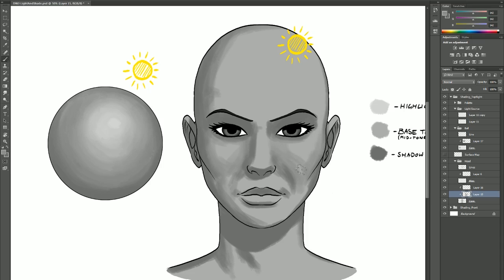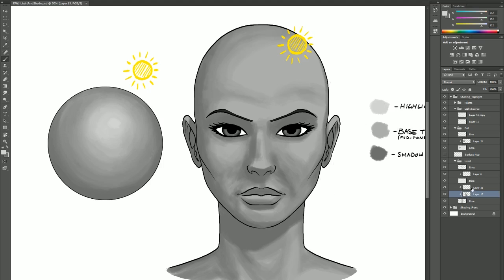And it's one of those processes that may be a little tricky to get used to at first, but once you're used to it, it can actually be quite quick to produce. So now I'm happy with how I've roughly spread out those shadow tones, and now I can alt-click and select my highlight tone,